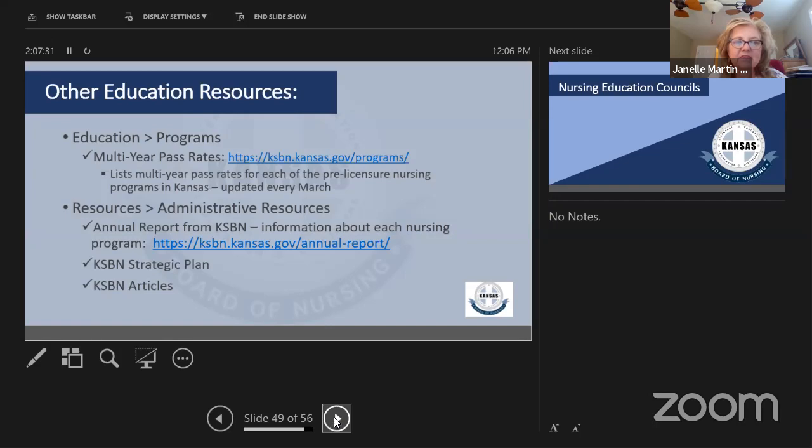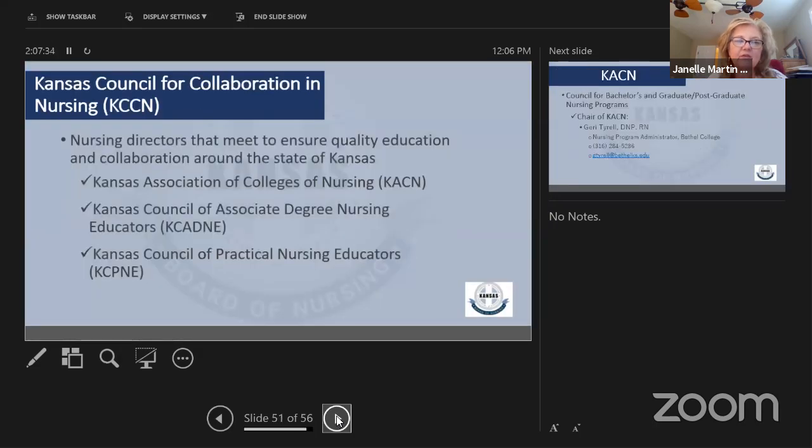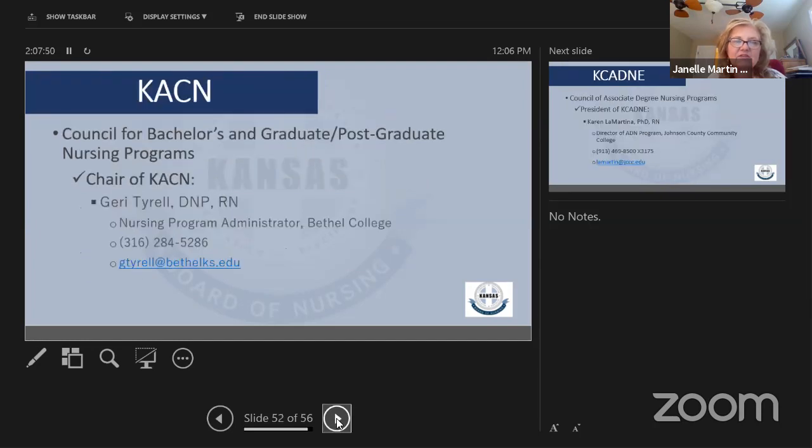The rest of these slides on the councils are for all of you, that as a program director, there is support for you. CASIN for the BSN programs, CADNY for the associate degree programs, and CAPNY for the practical nursing directors. I have all of the information here for who the current chairs are for those groups, and it might be best to get in touch with them about what time their meetings are.